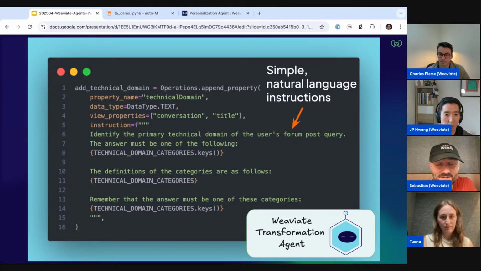And just to highlight how easy this is to do, of course, you can do all of these data transformations manually. But have a look at how easy it is for someone even like me to specify these operations. I was able to provide these instructions in natural language and ask the transformation agent to perform all that hard work for me. And that was really easy to do. All of this analysis on my end took, I think, less than a day once I got the scraped data from the forum, which was really, really cool.